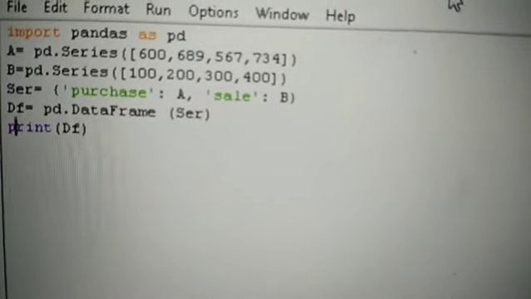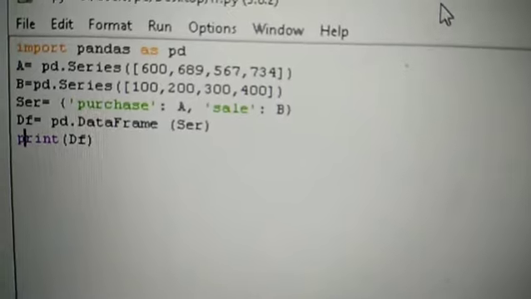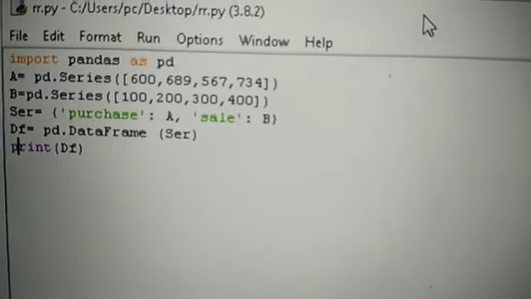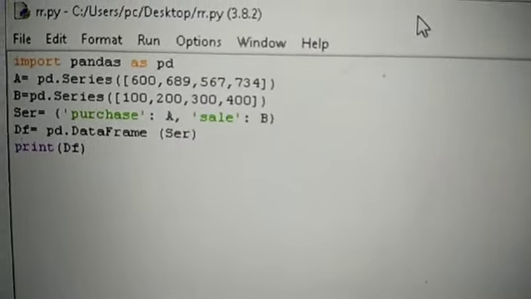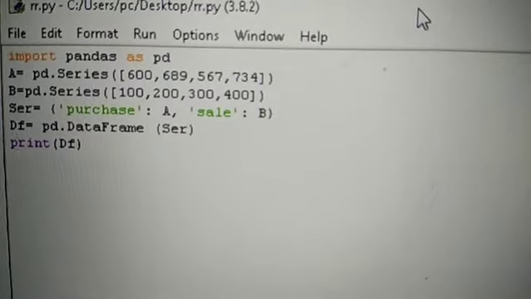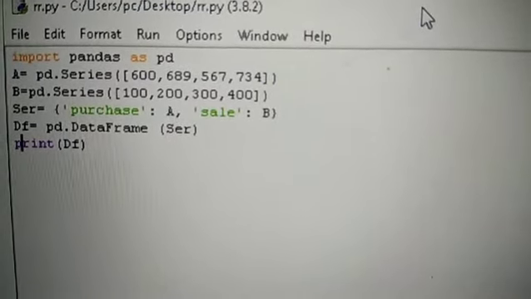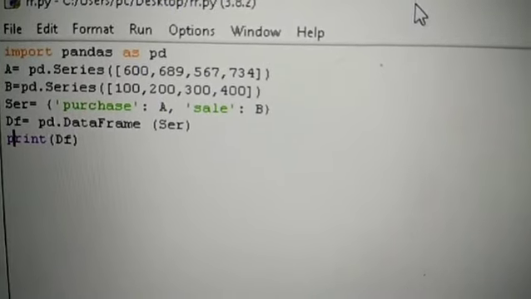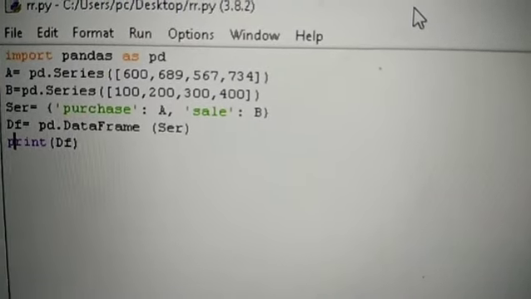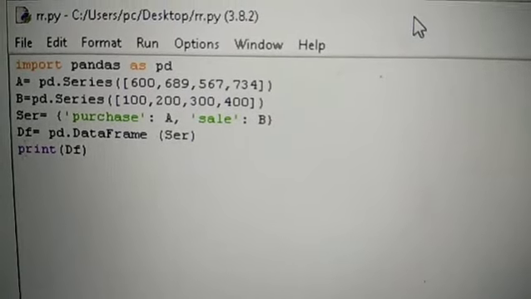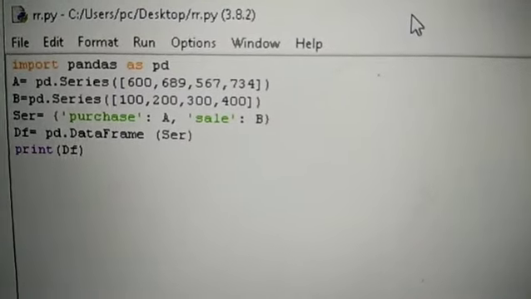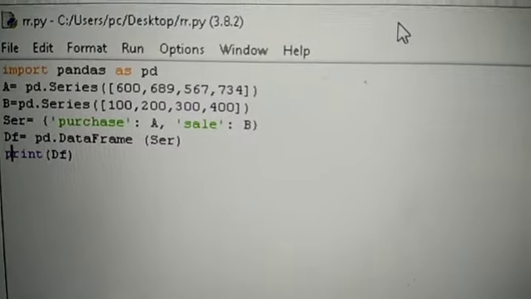Yes student, you can see here I pasted this statement in this Python IDLE. First I import our pandas library and assign two series a and b and create a dictionary, so we can set the attributes purchase and sale, and also assign the a series to purchase and the b series to sale.